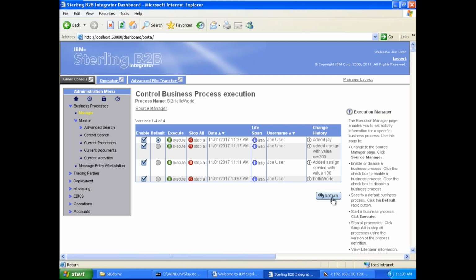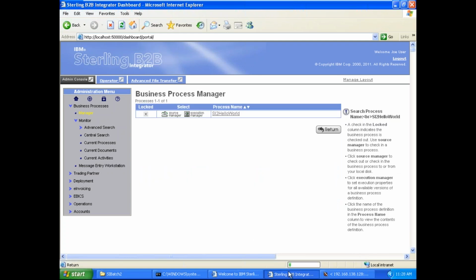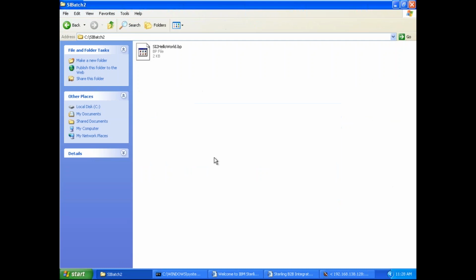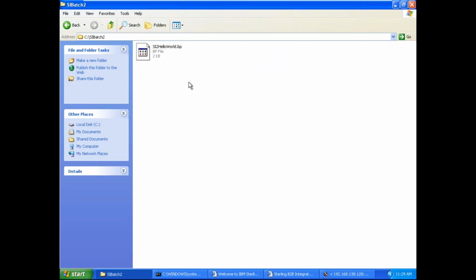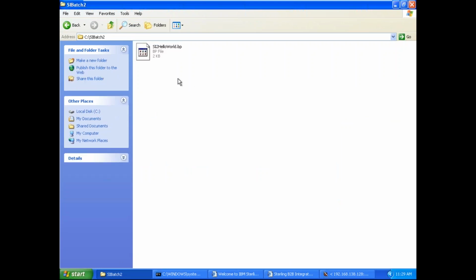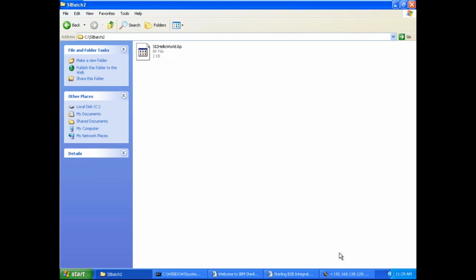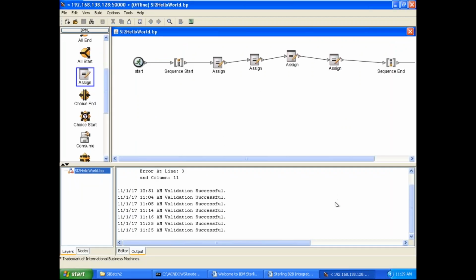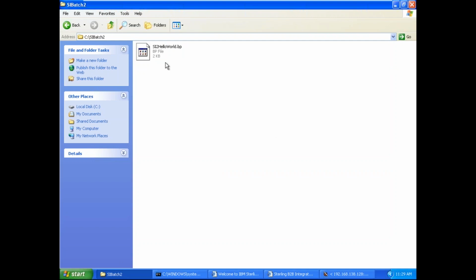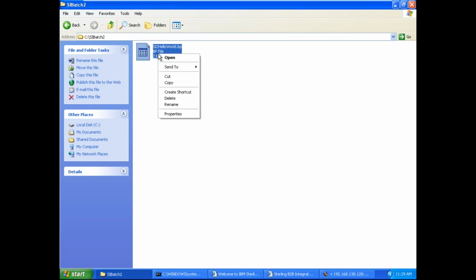Do not try to edit this file directly. Okay, and one more thing. This is your BP file, right? Suppose you have a scenario where sometimes this GPM does not open, and you have a requirement to update your